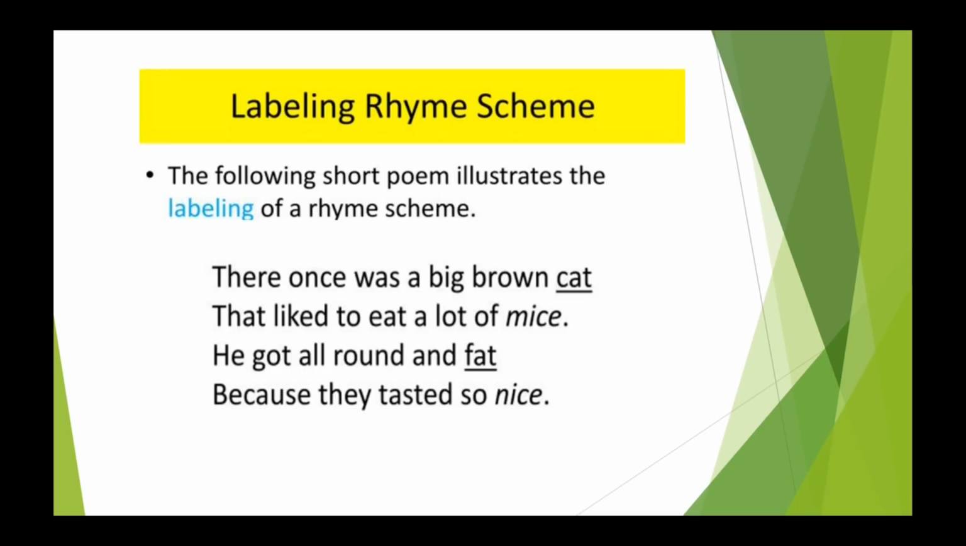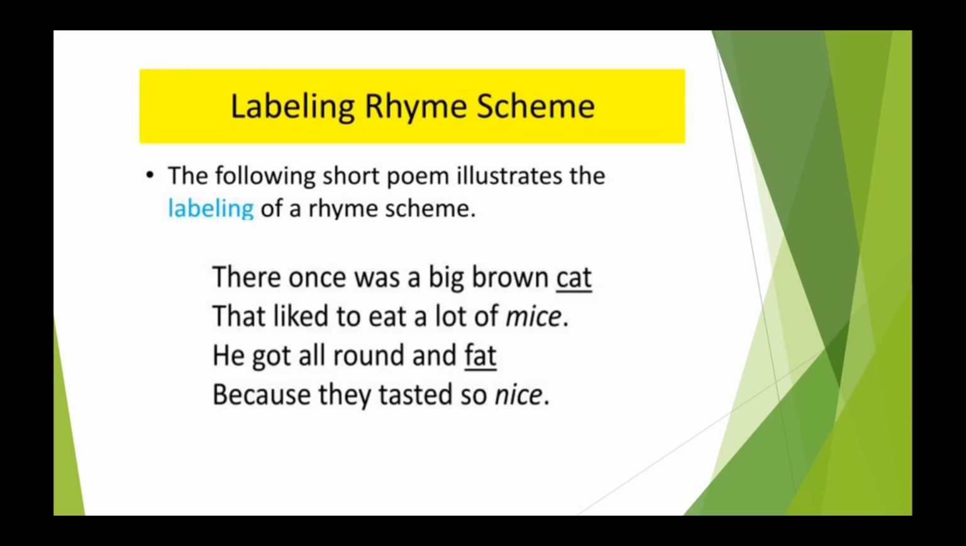The poem is: There once was a big brown cat that liked to eat a lot of mice. He got all round and fat because they tasted so nice. Now in this poem we need to find out the rhyme scheme. So here we can see in this verse